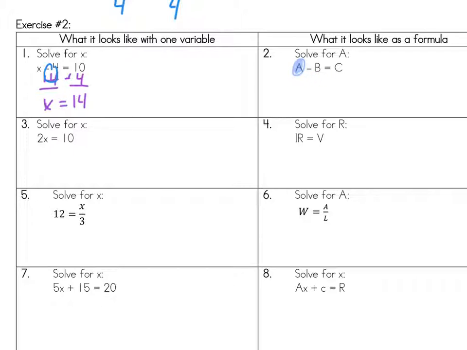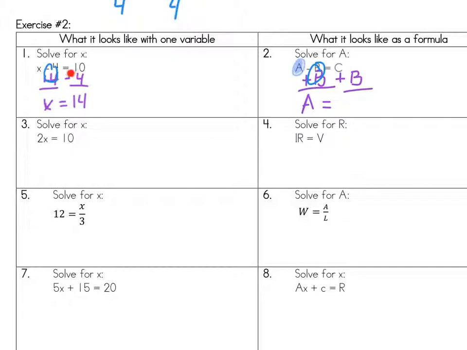So how do I get rid of a minus b? Well, a lot of you probably are thinking this in your head right now, and you are right. We are going to add b to both sides. So negative b plus b, what is that? That's 0. So I am just left with a on the left-hand side, equaling